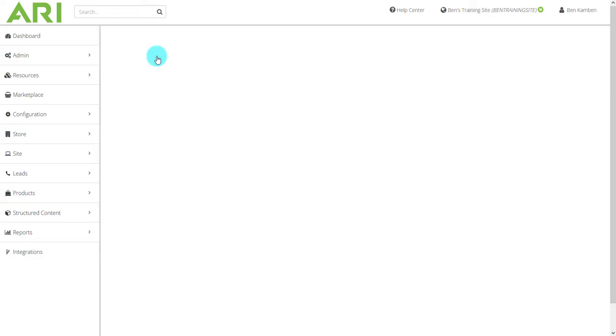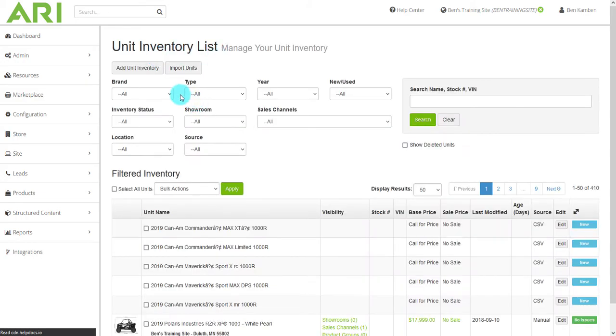Now, right away, once we jump in here, you will want to change the status of units that you're searching for. You will want to switch to unfinalized status in order to view all of these units that you will have to go to finalize in order to push them over to the site. Now, that particular status is right here underneath inventory status. You'll click here and go to unfinalized, which will bring up all of the ones in this list that are currently listed as new and in blue,